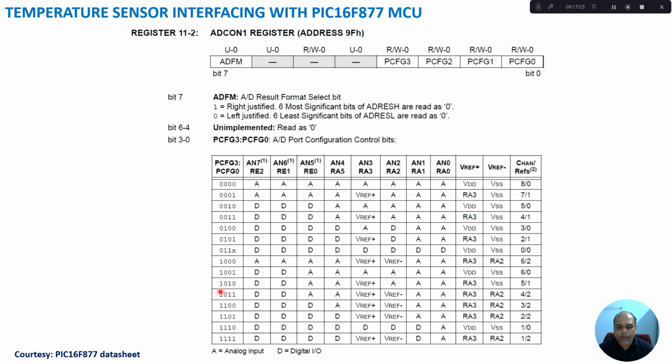So by putting a proper value onto PCFG3 to PCFG0, I can select how many channels we require for a particular application. And we have one more bit, the MSB bit, which is the ADFM bit, which decides how the result will be saved. So for example, if the ADFM bit is 1, which means the result is right justified. Right justified in the sense I have 2 registers,